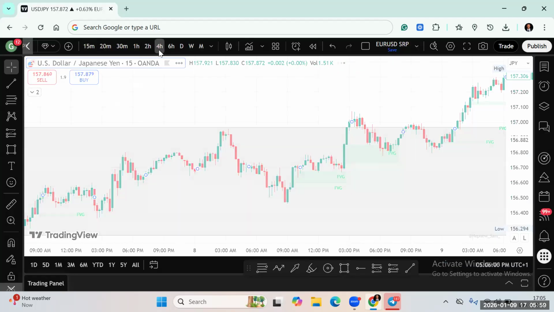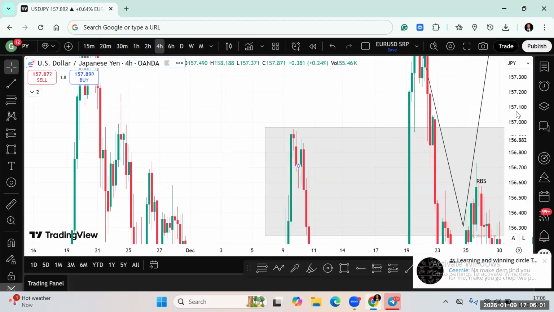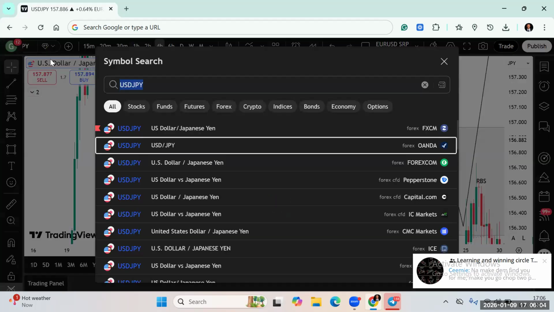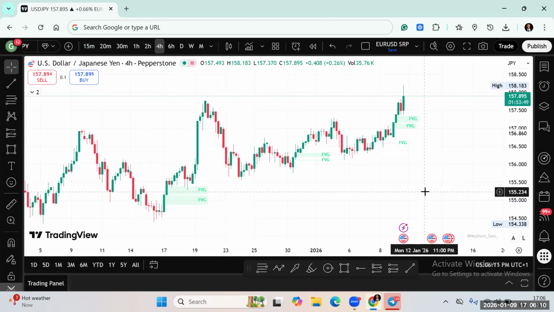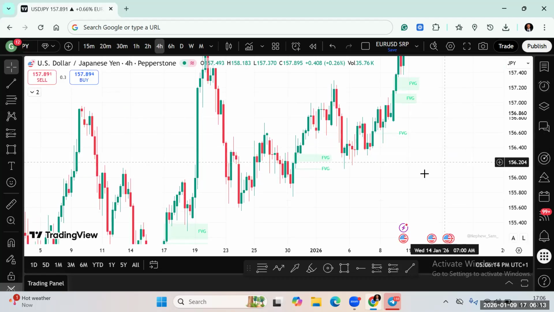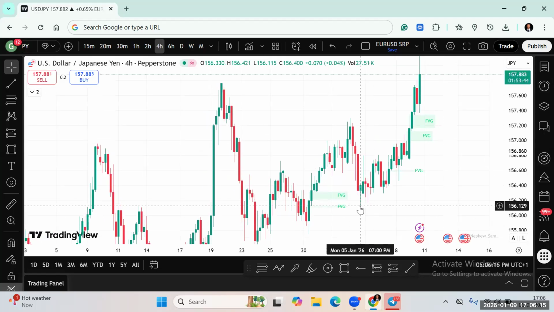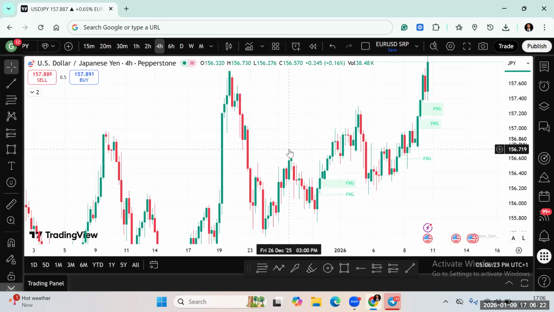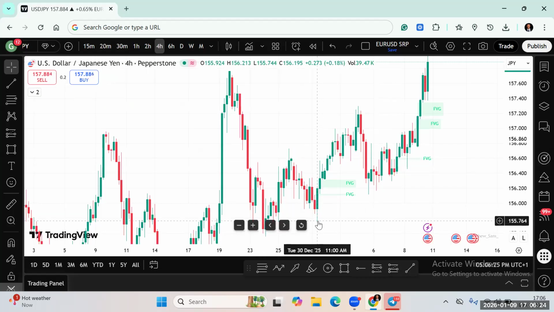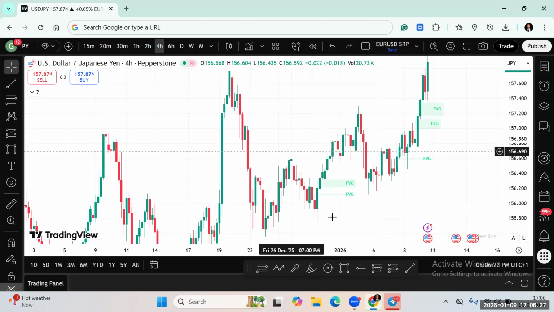So USD JPY, which has gone to full TP. This was our low. So we looked at USD JPY, yes. USD JPY broke. This was the low, the initial low. Yes, this was the low. It broke this structure. So when it did RBS here,